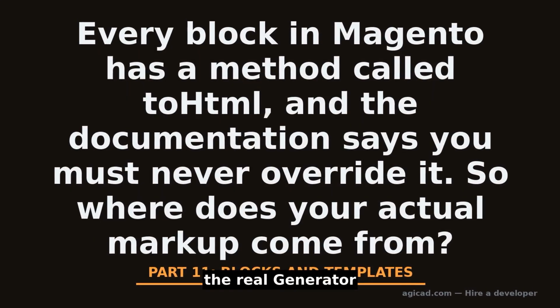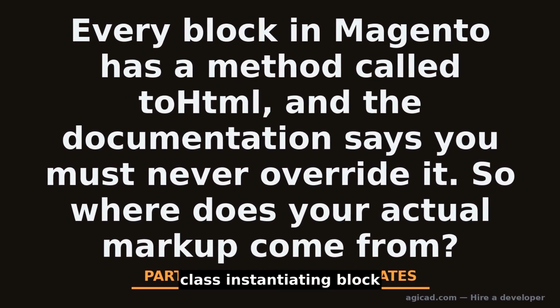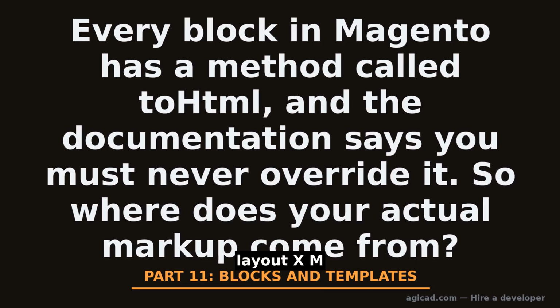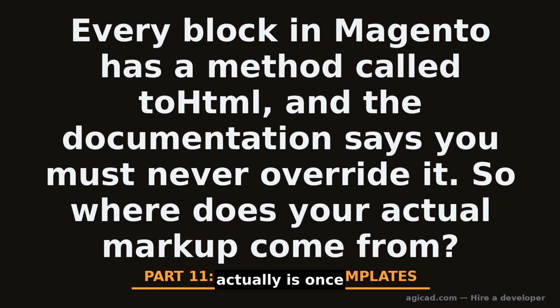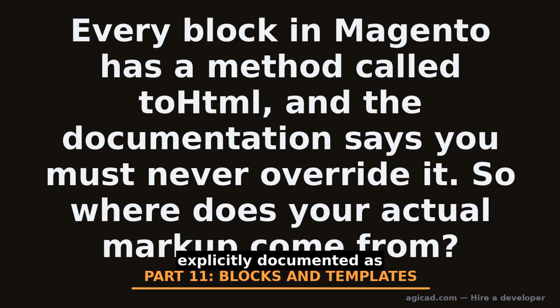Part 10 showed the real generator class instantiating block objects out of layout XML. Today we pick up exactly where that left off and ask what a block actually is once it exists. Every block extends AbstractBlock, and AbstractBlock ships a public toHtml method that is explicitly documented as final in behavior, never